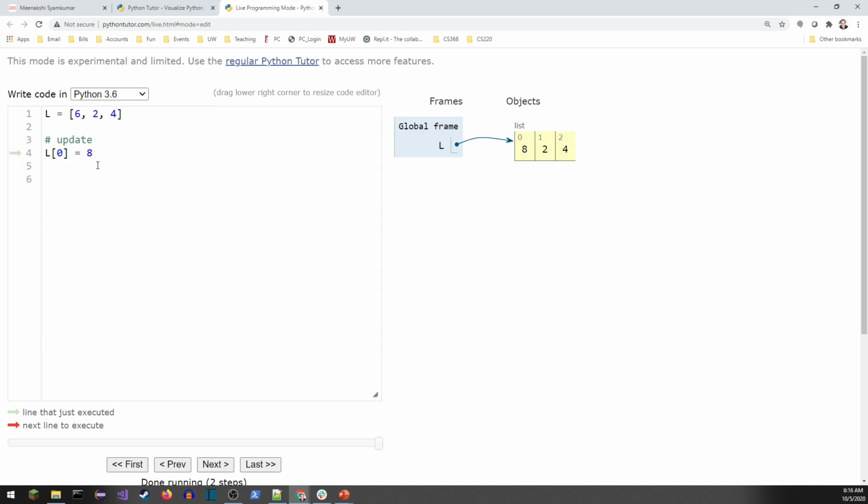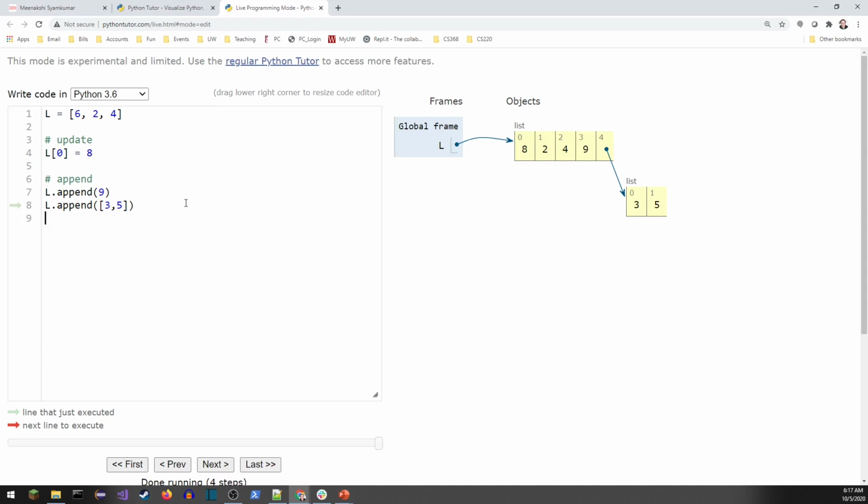All right, next up, if I want to add more data to the list, this is known as appending. In this case, we can just type the name of the list. It's a method, so L dot, and it is a list method. What do you think? How about a 9? So I do L dot append. That's going to add a 9 to the end of this. This can be a little bit tricky because if I do L append, it's a function, so I need those parentheses. If I add a list to it, so let's put in 3, 5, what I see is that it's actually appending an entire list